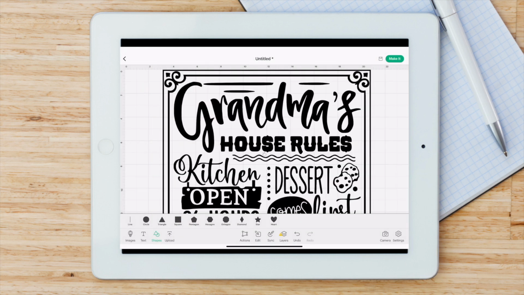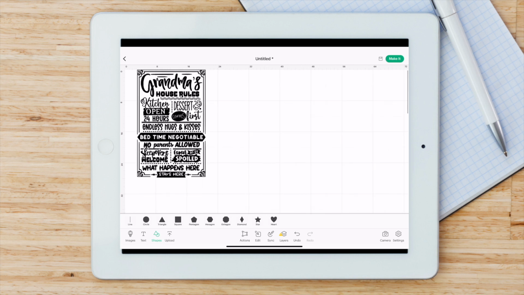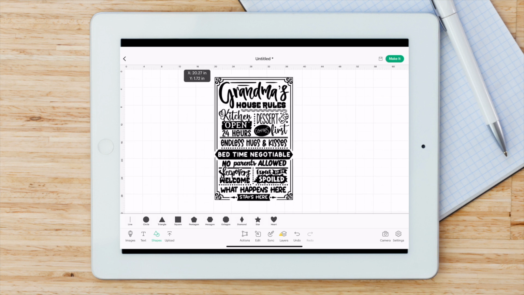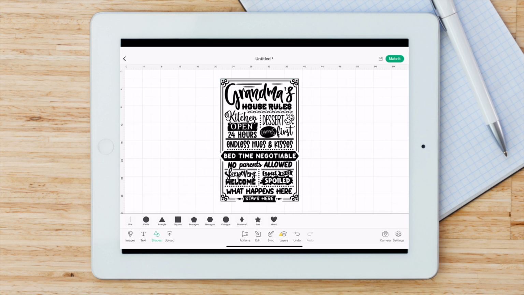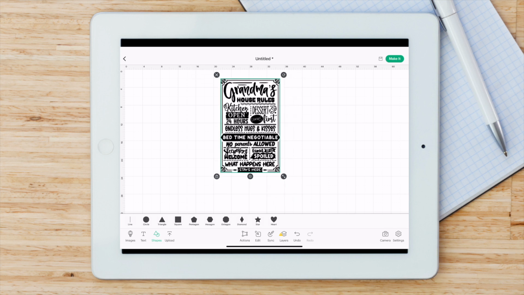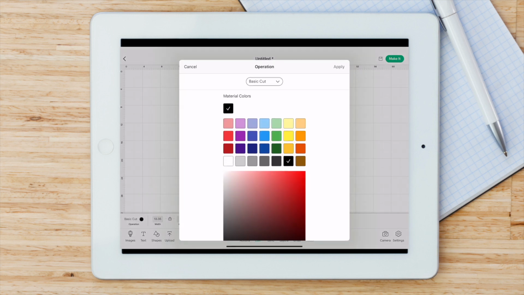So you can see from your iPad or your tablet, it's going to be super easy to bring in those files. So you can download our SVGs and PNGs right to your phone or tablet. As you guys can see here, I can pinch my screen to zoom in or out, and then I can also bring this around and size it by grabbing the bottom little arrows, or I can come over here to the edit tab and I can change my dimensions right here. So you guys can see I have the width and height options.